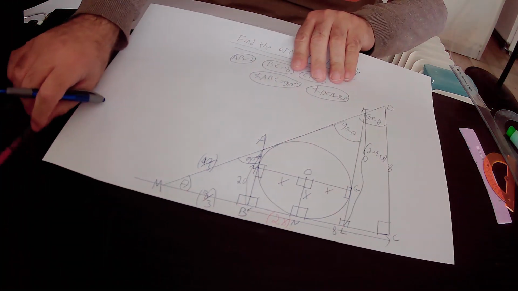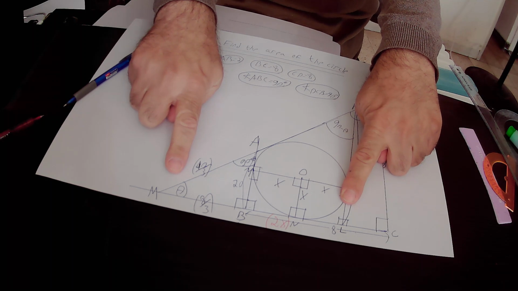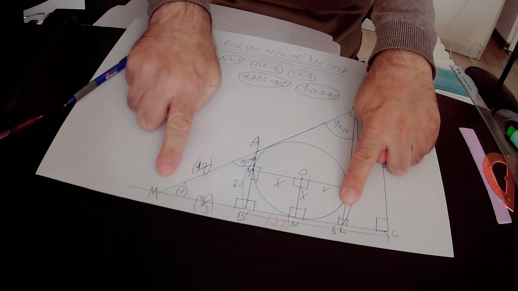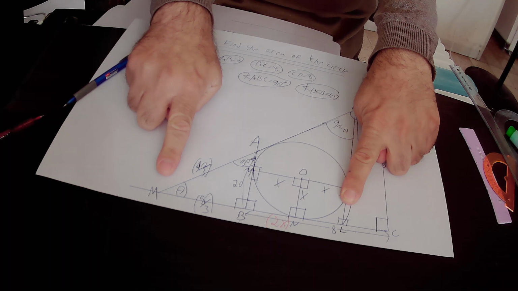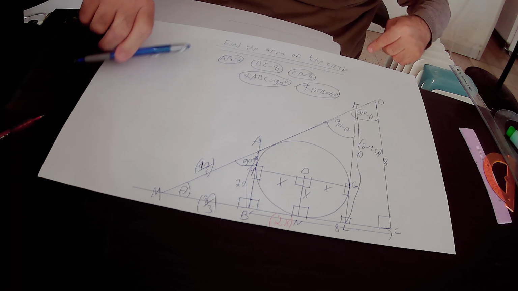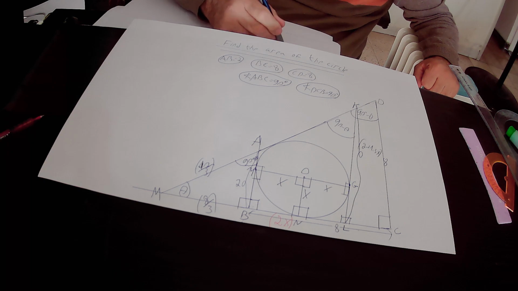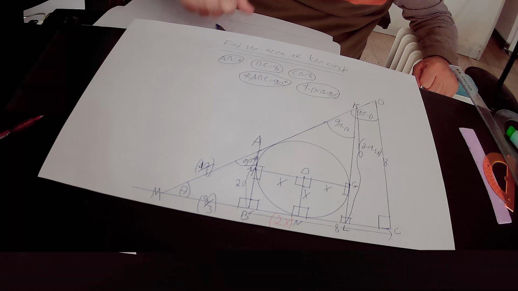Here, I put again that ML is equal to MB plus BL. MB is 8 over 3 and BL is 2x. Therefore, in total, ML equals 8 over 3 plus 2x. So we substitute ML by 8 over 3 plus 2x over MB. MB is 8 over 3, so we substitute MB by 8 over 3. And it is equal to